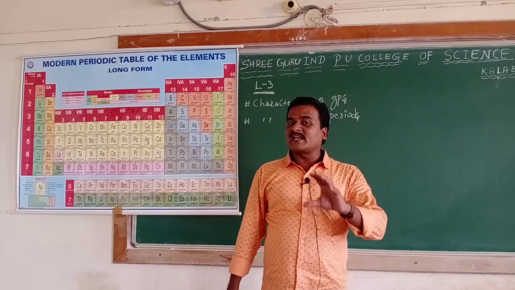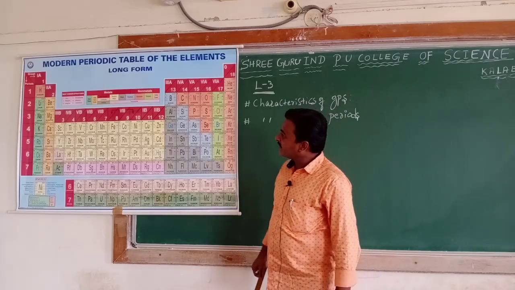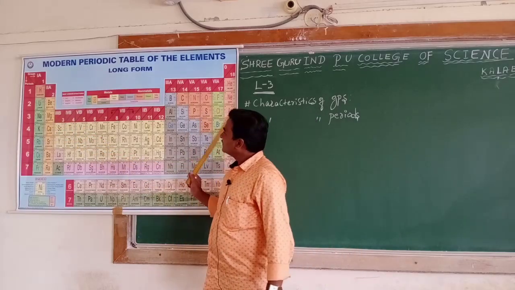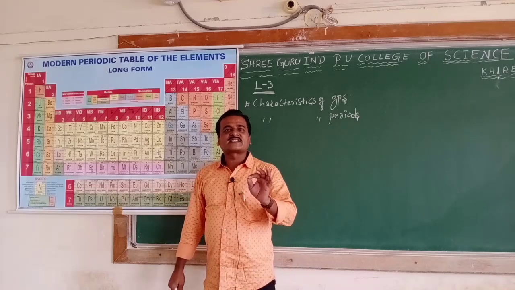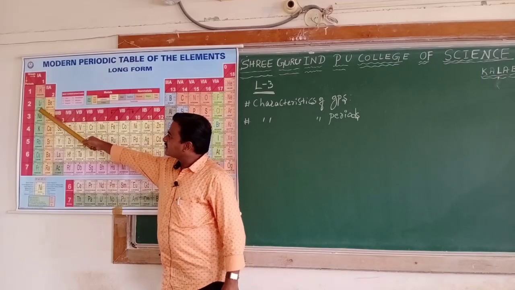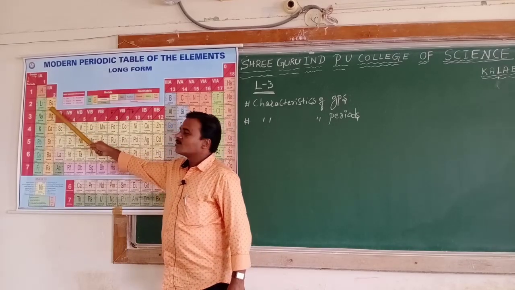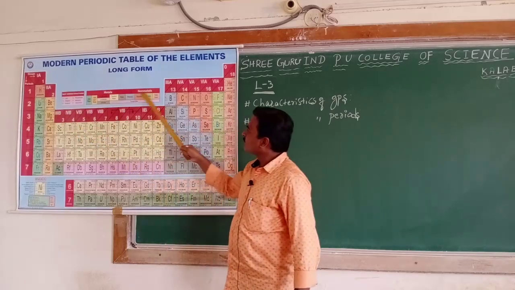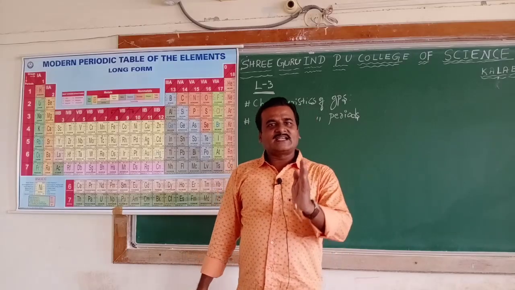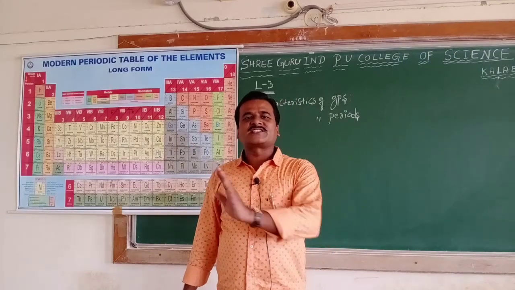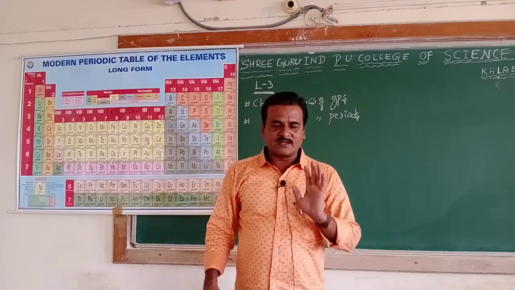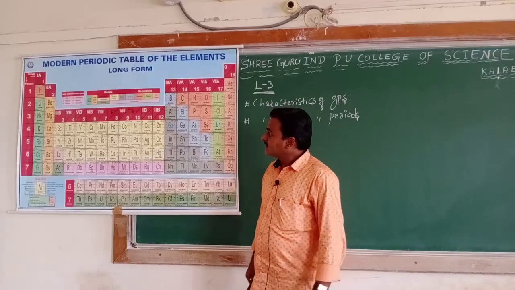See, the elements in a period, as you move from left to right, do not contain the same number of valence electrons. The valence electron in the case of lithium is 1, while that in the case of beryllium is 2, and moving on, boron 3, 4, 5, and so on. As the number of electrons in the valence shell changes, the chemical properties are also going to change. That is one property regarding a period.